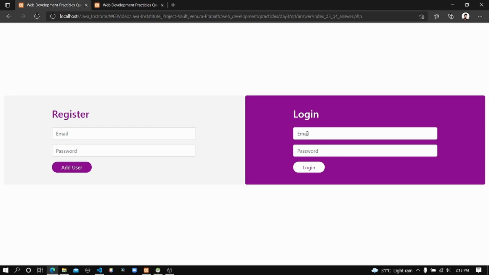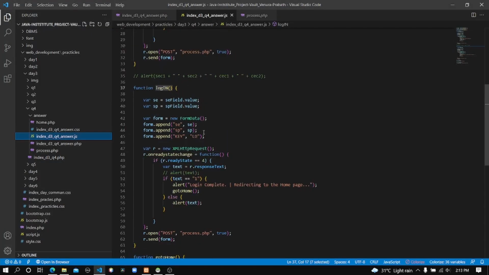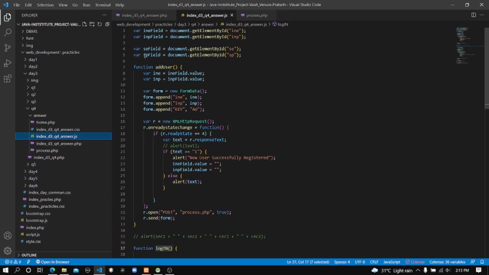You can see email and password, and I extract those values using, let me go back, using the element. You can see I assign to a JavaScript variable the whole input element, the HTML element.